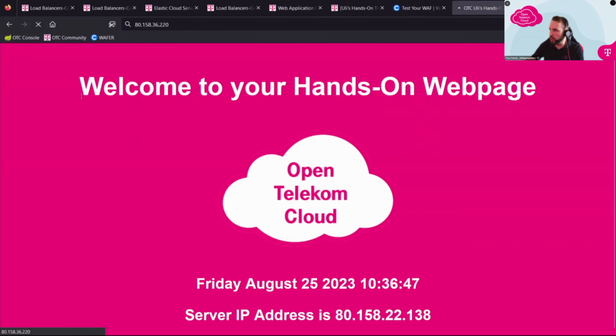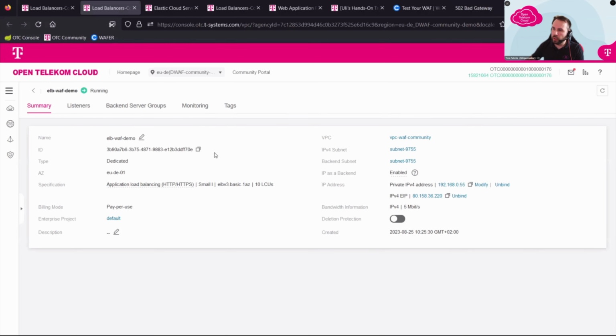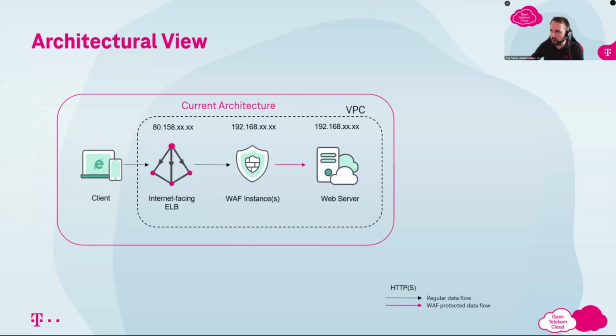Ideally, that is working. It can take a few seconds. That's working. Let me check it later, that we have the access directly over the ELB. Meaning, if we go to our overview, how should it look? The access is now from the client to the ELB, which has a public IP address, which forwards the traffic to the WAF instance, and then the WAF instance forwards the traffic to the web server with the